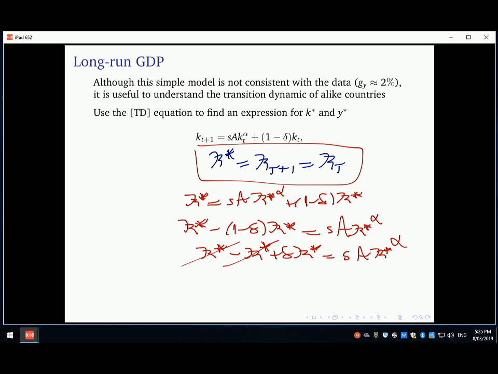We do have now little k star is equal to s a delta, and here that. So I'm just,